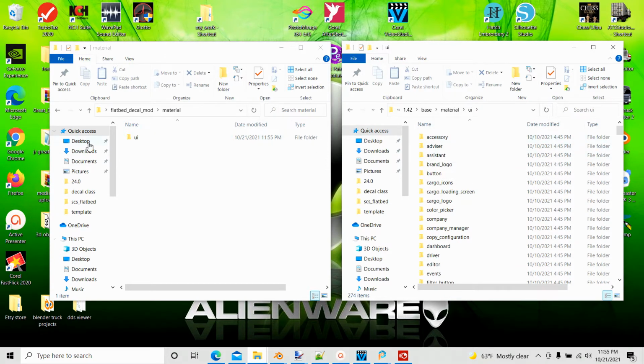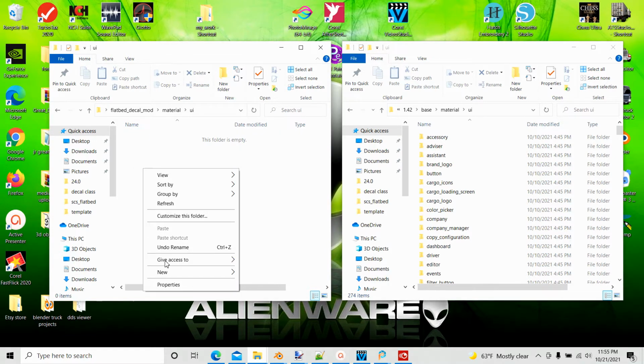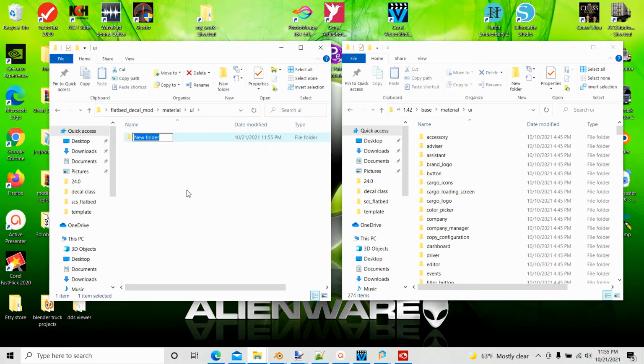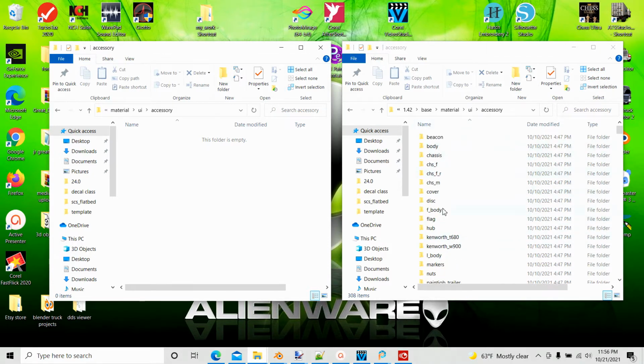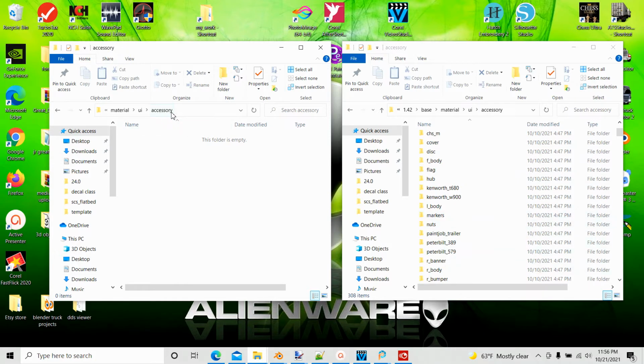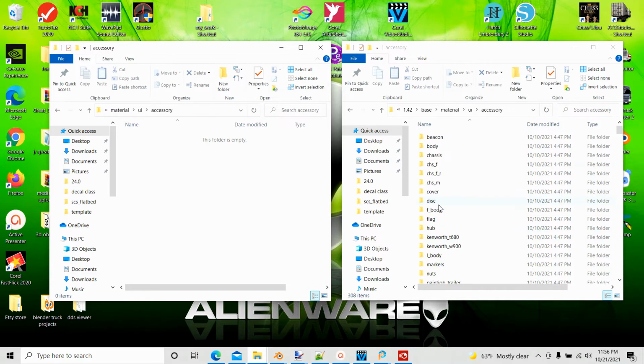And then inside that UI folder, the only one that I'm interested in is this accessory, because that's what I'm creating, an accessory mod. So I want that folder. And then inside the accessory folder, you can break it down into individual folders, but you can stop right after accessory. But you need a couple of files in this folder, and we're going to get them from